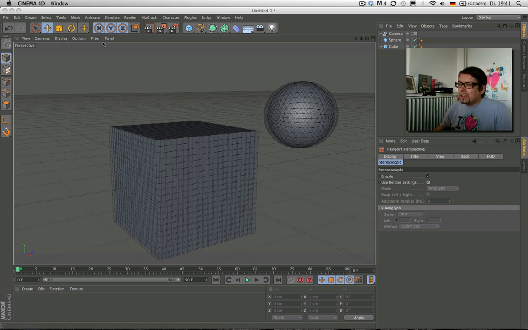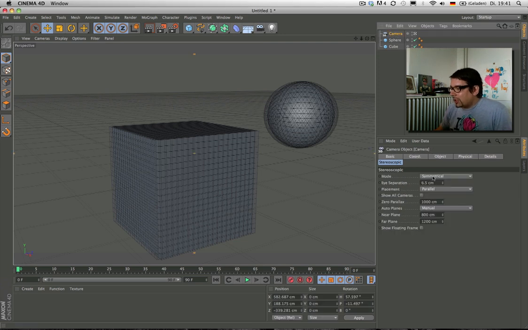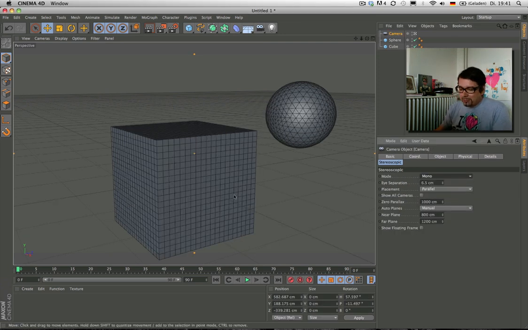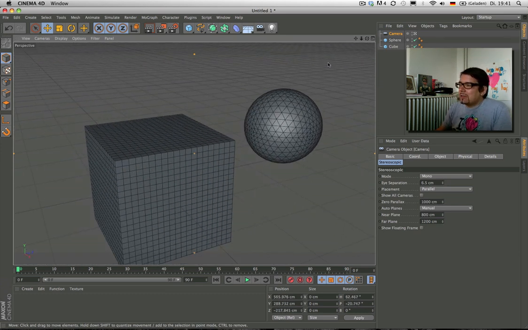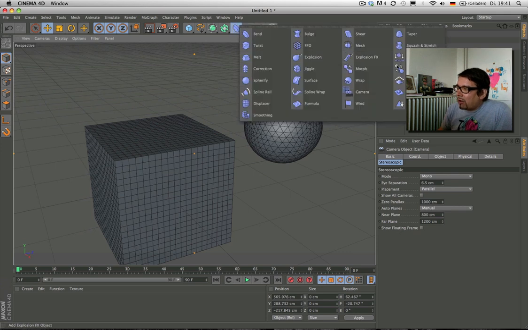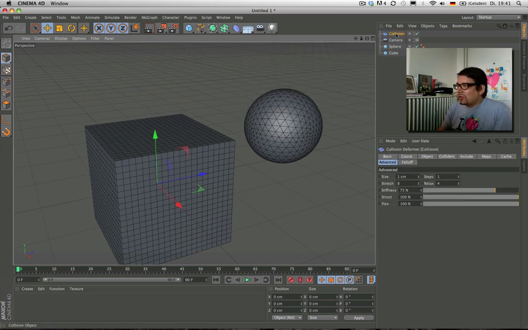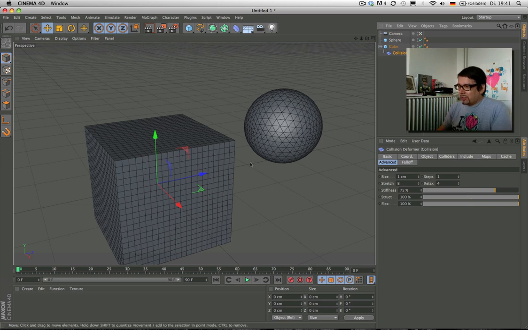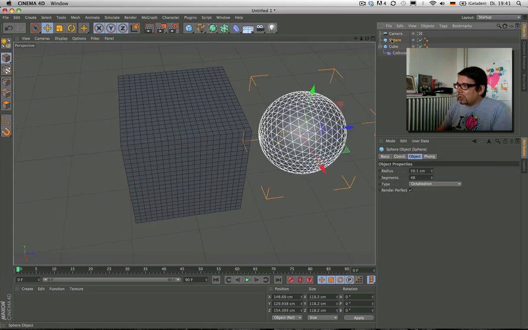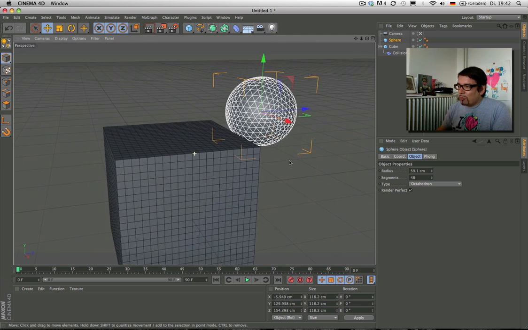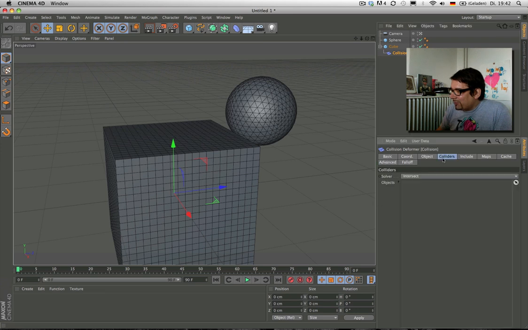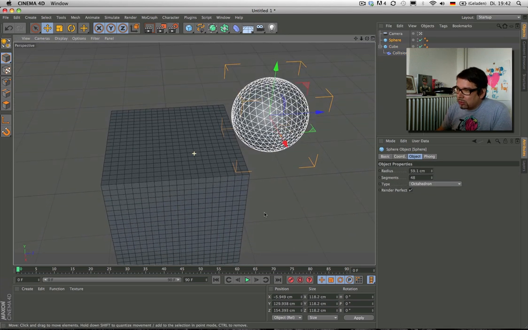Okay, so this is one thing I like to show you, and the next thing is very funny, because there's a new deformer, and it's a very simple thing called collision deformer, and it just does what the name says. It makes a collision between objects, but there's so much more in it. It's very interesting. Okay, I just have to say you are the colliding object, and now, like we expect,